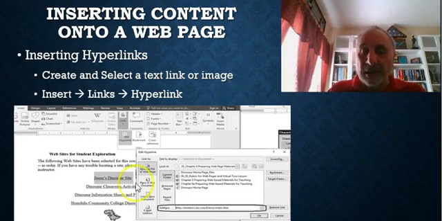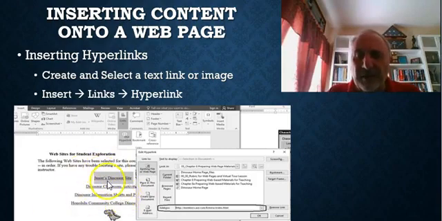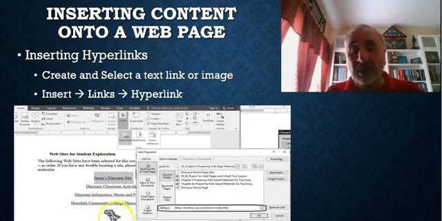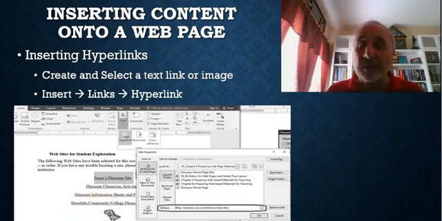And so it's a much safer process for your students to get out to sites you want them to visit. Now, the example that we have here shows 4 websites that we're going to have the students explore, and inserting hyperlinks is very simple. First of all, you highlight the text that's going to become your hyperlink. Okay, remember, it could be text, but it could also be an image. Okay, if you wanted to use this little dinosaur down at the bottom of the slide here as a link, you could do that. Okay, but either way, you're going to identify the link or the image that will serve as the hyperlink,